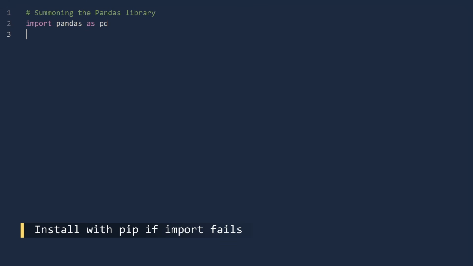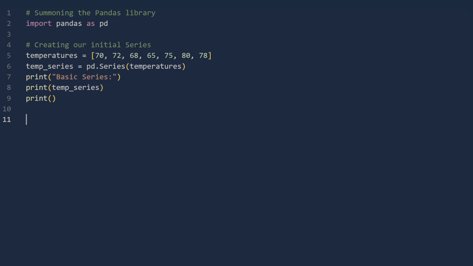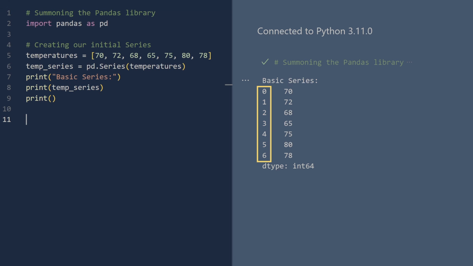Now for the deeper details on series. Import Pandas. If import fails, then install using pip. How was the weather? Is something you might say to a time traveler if you wanted to make polite conversation. Let us create our first series using readings from a standard Earth week. Run. Notice the automatic indexing system, a Pandas feature that assigns numeric labels starting at 0 by default.